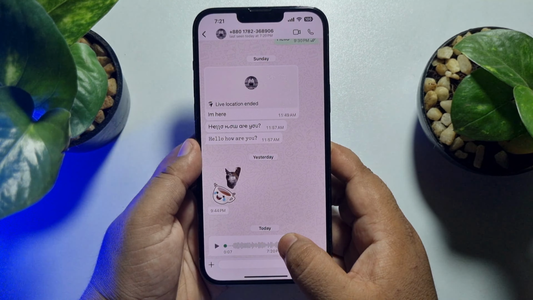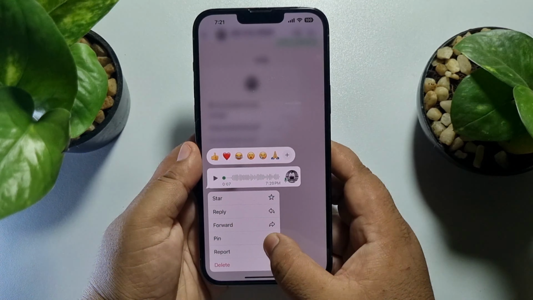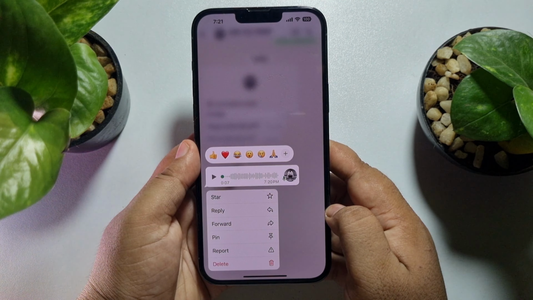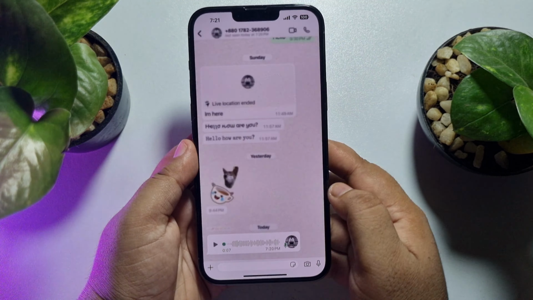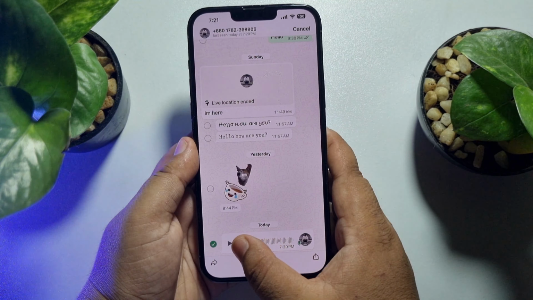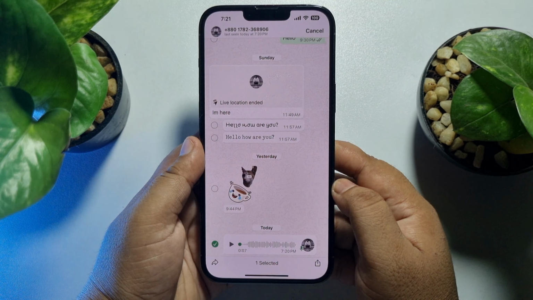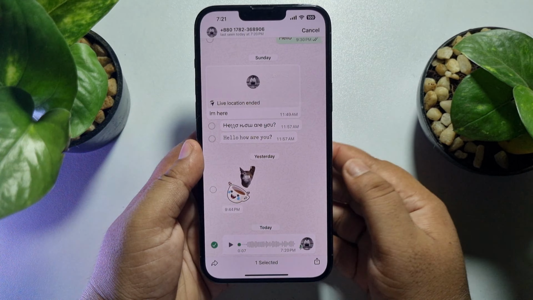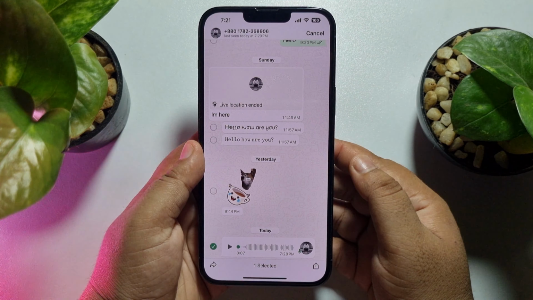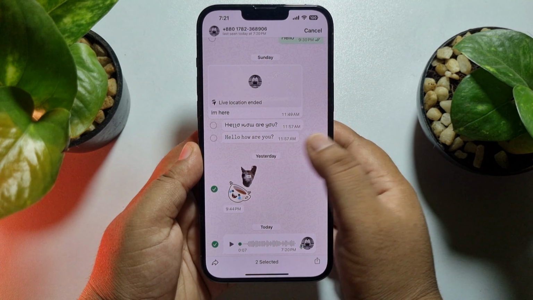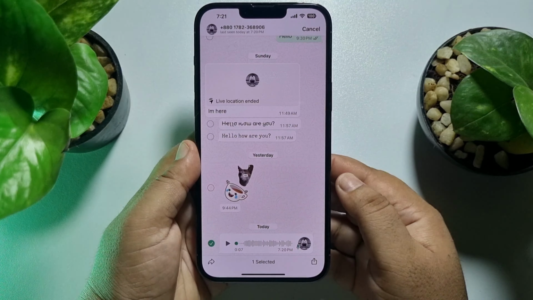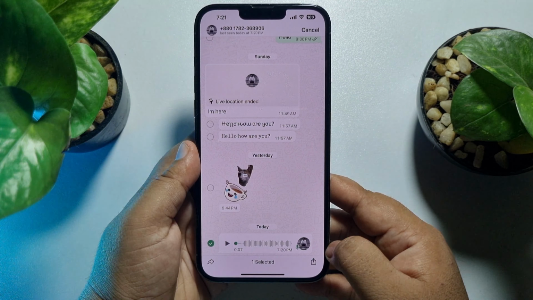First of all, hard press on the audio to select the audio file, and now tap on forward. And now as you can see, the audio has been selected. If you have multiple audios and you want to download them at the same time, all you need to do is select multiple audios like this, and then tap on this forward icon at the bottom right,